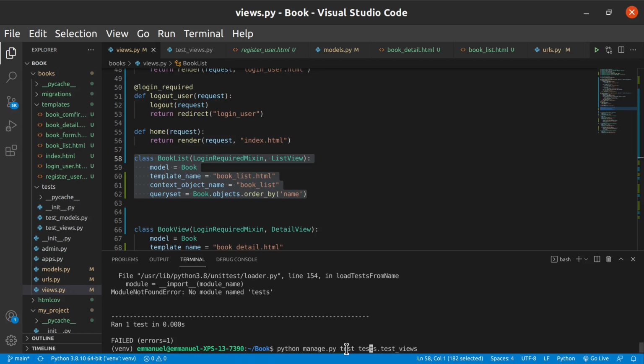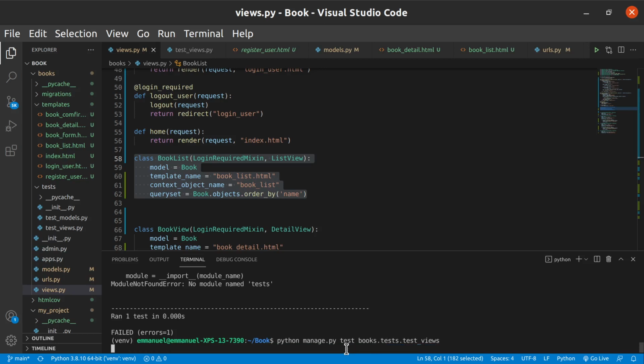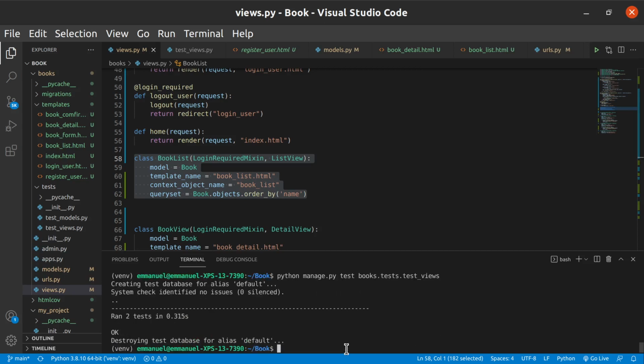Python manage.py. This is books dot. Yeah, this actually works. The reason is I was not writing the whole path, but you have to start it from the package itself. And it actually makes sense because